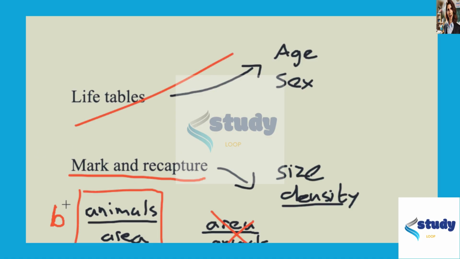So again, the correct answer to this question is B, mark and recapture and divide the number of birds, or the population size, by the area of